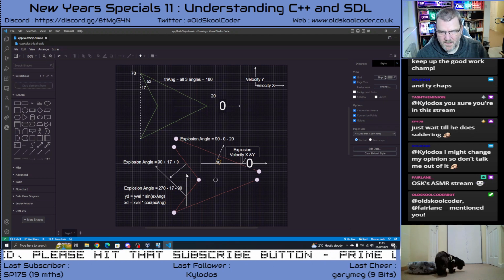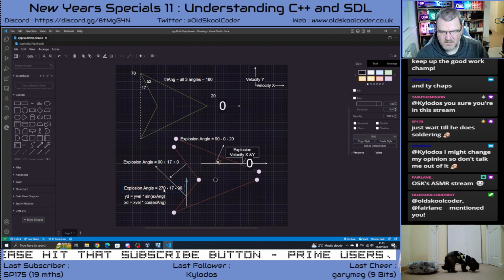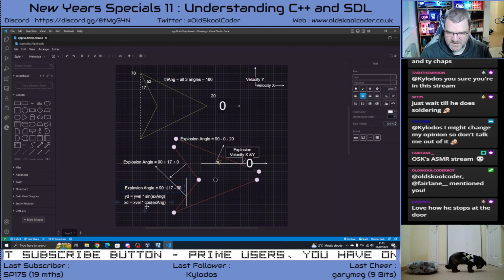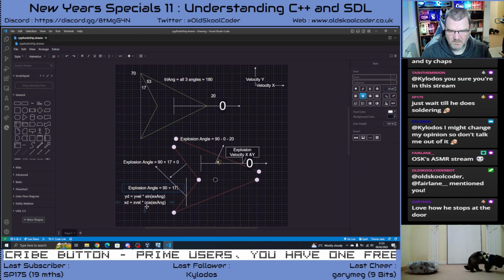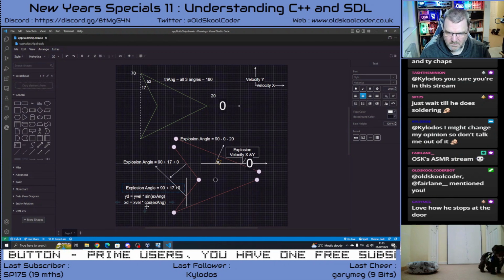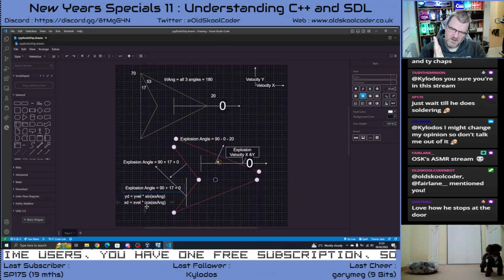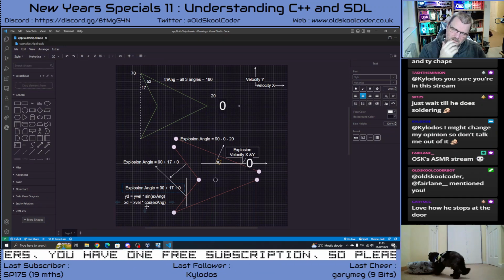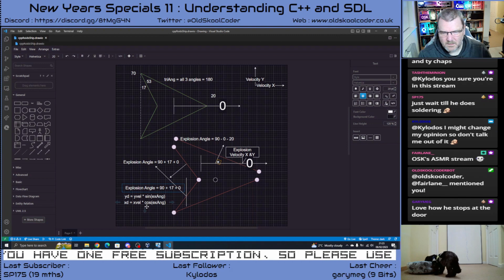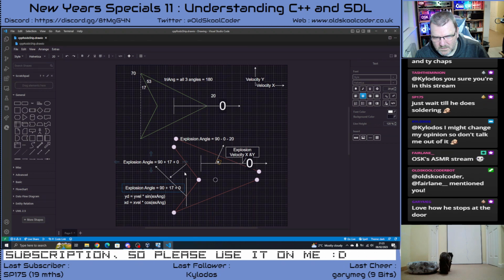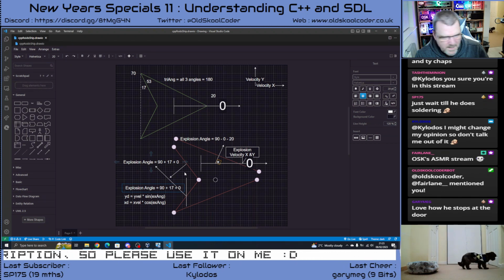So that's 90 plus 17 plus the ship angle. I think it's plus the ship angle. So if the ship goes up, that goes even further. If the ship goes up there, that goes...